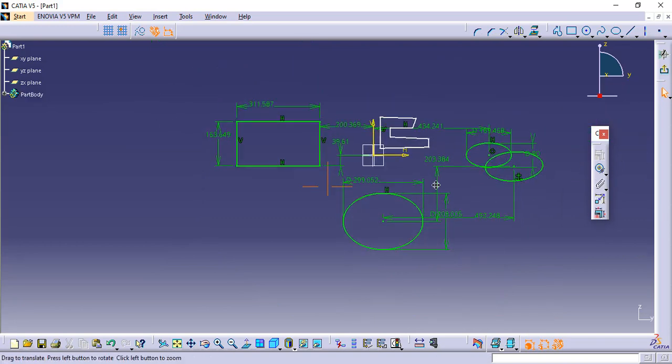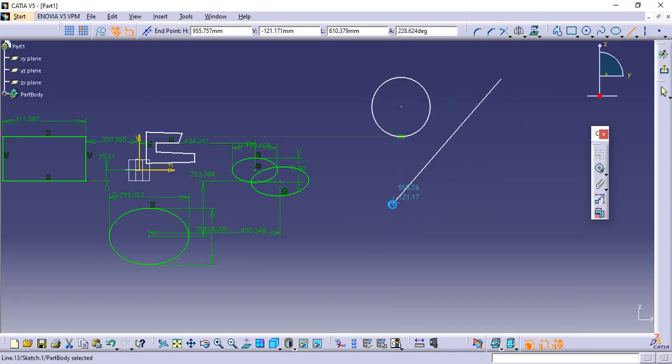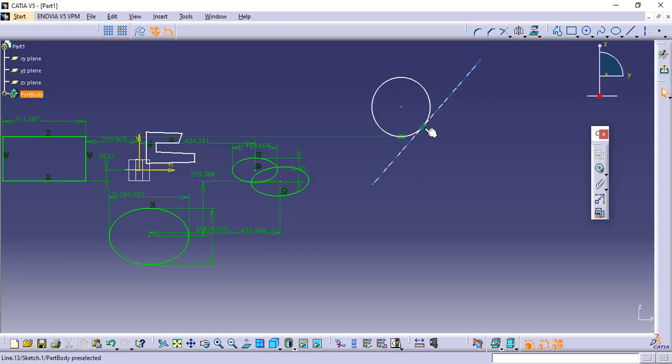Okay, now I will explain some more commands here. Like, I will create one circle and one line, and I will use the contact constraints command. Select this command, select the center, select the line. Now they are coming at tangency. The contact constraints command gives tangency. It means if we have a circle and a line, we can select the command and give the geometrical constraint tangency between them.